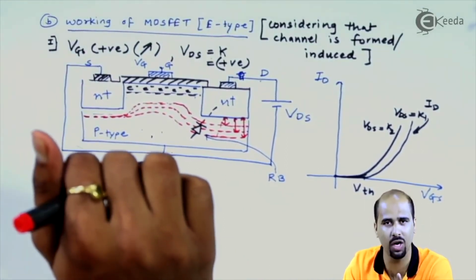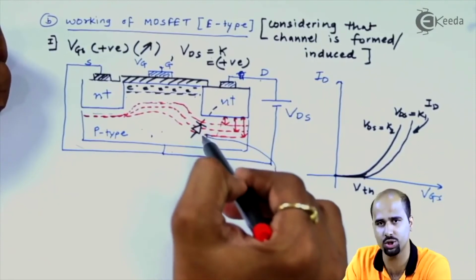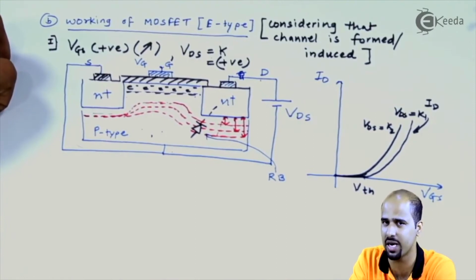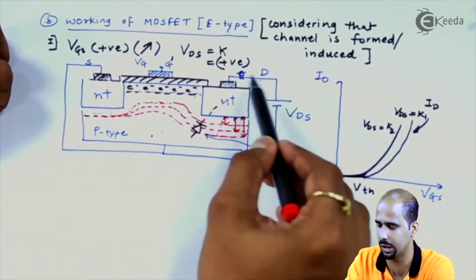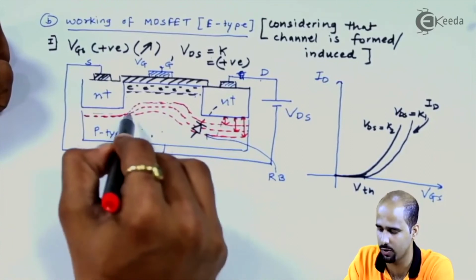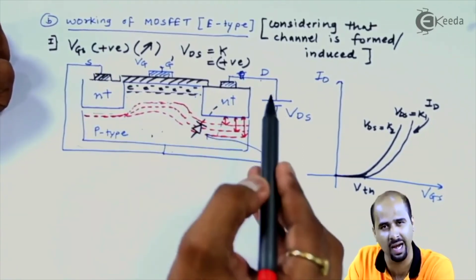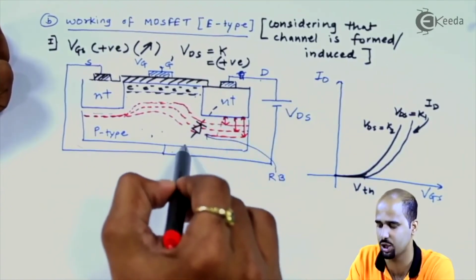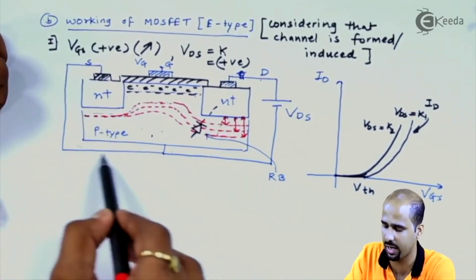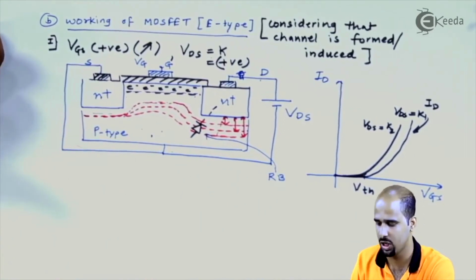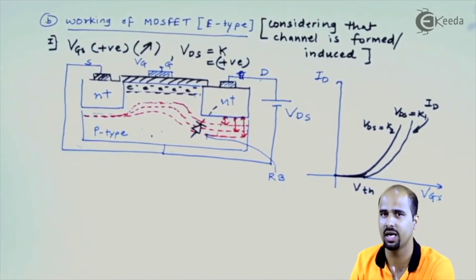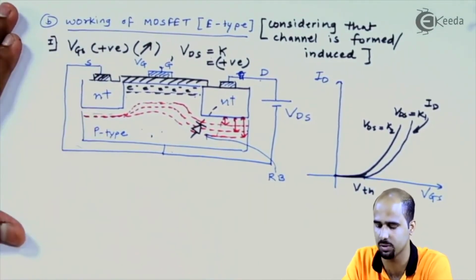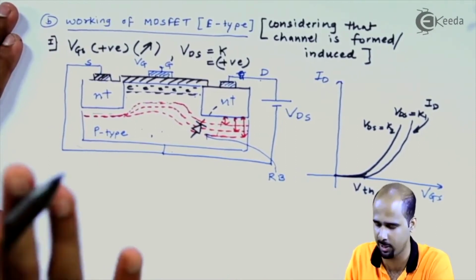So how do you have to answer? The depletion region increases its width due to its reverse bias condition, and the reverse bias condition only gets formed near the drain region, and that's why the width will increase towards the drain region. This is because reverse bias condition happens only at the drain terminal and not at the source terminal. So keep this question in your mind and answer it very properly. This is how we have completed the first part of the working of the enhancement type MOSFET.